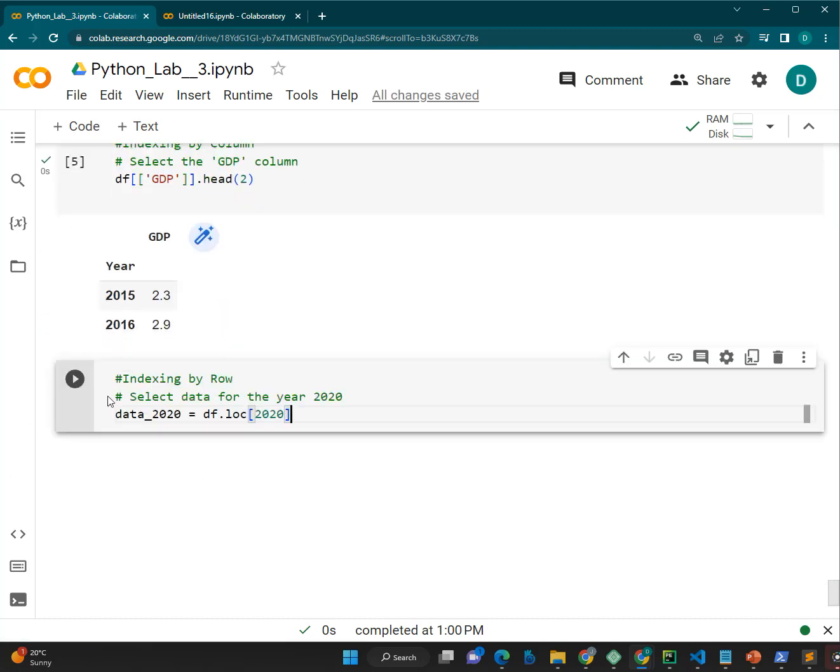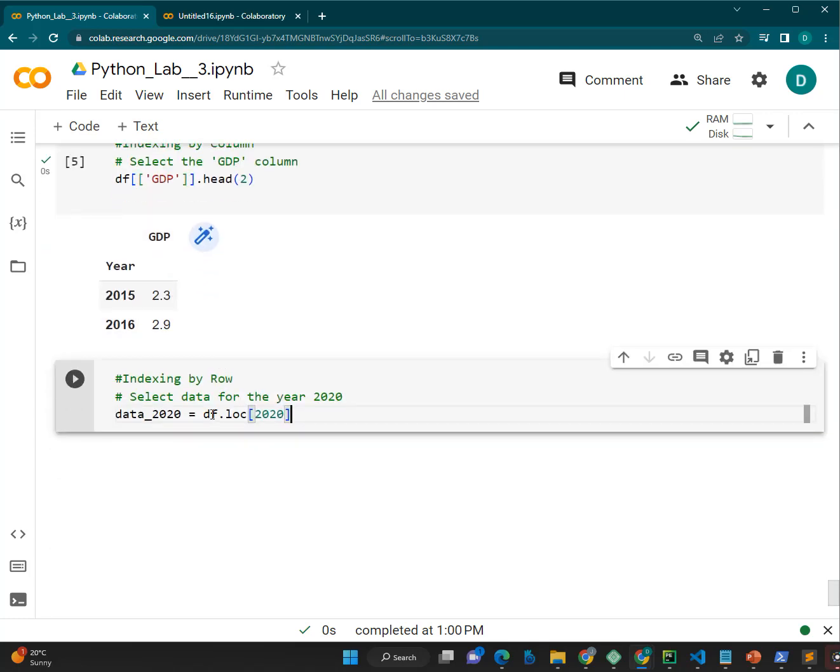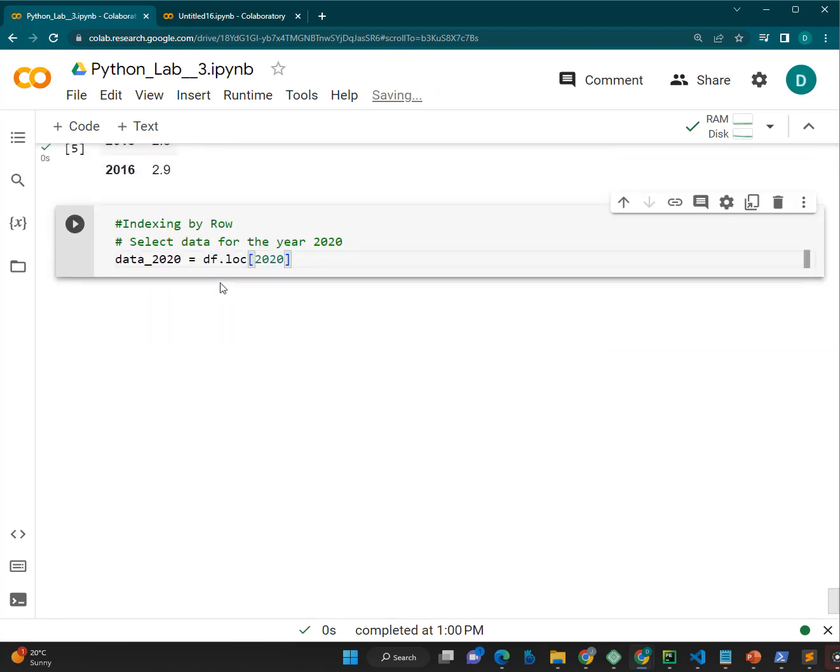Now I want to do an indexing by row. Indexing by column, you just do df and you give the name of the column. By row, you do df.loc, and then you give what you want to choose. Now, if you take a look at the data we have, I want to pick 2020. So I want this row. Just this. So I simply give the name of the row and it should go and get it,